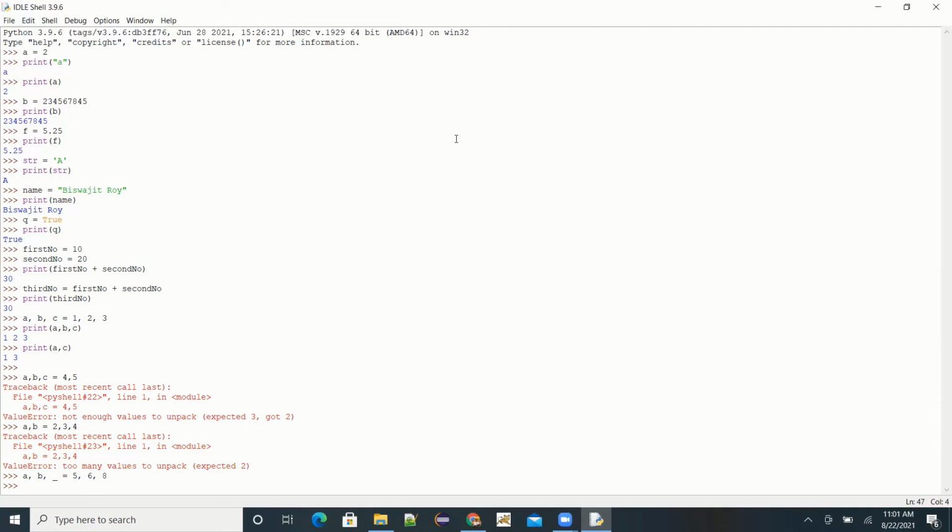So how is this working? We are avoiding the error by assigning remaining values to an arbitrary variable.